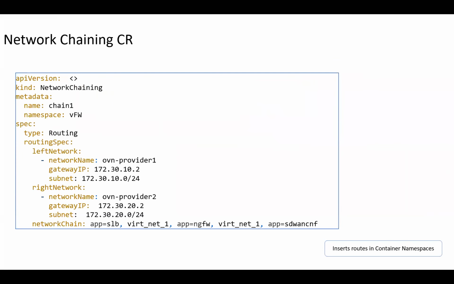I see. So you mean we can also use the CR to define left and right? Yes, I just want to understand why we handle left and right separately. Yeah, we can define it there also using the network CR. We can define these two things.